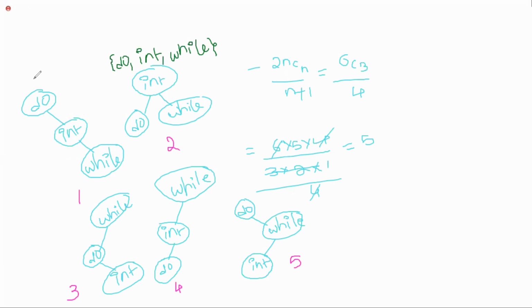I'll ask you one question. Do you know what this tree is? Can anyone respond? If you observe, all the children are on its right hand side only. If you observe tree number 4, here also all the children are on its left hand side. Do you know what you can call these types of trees?